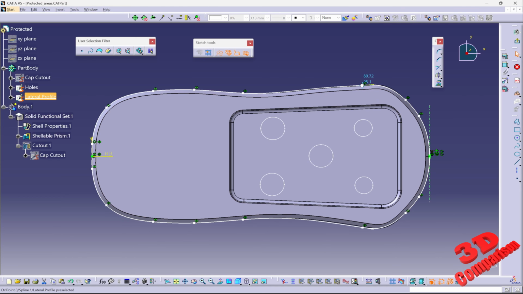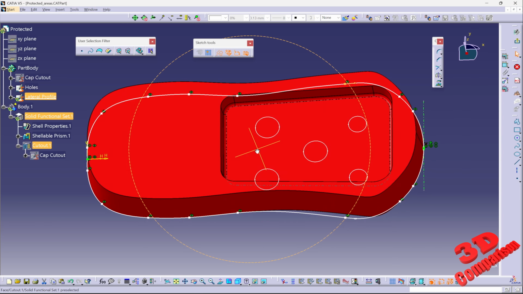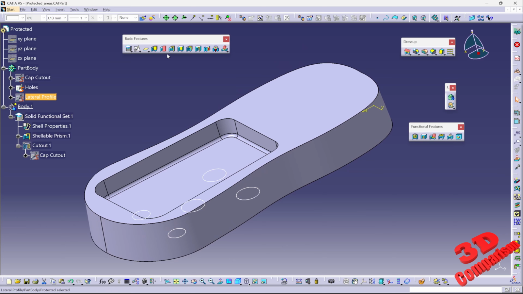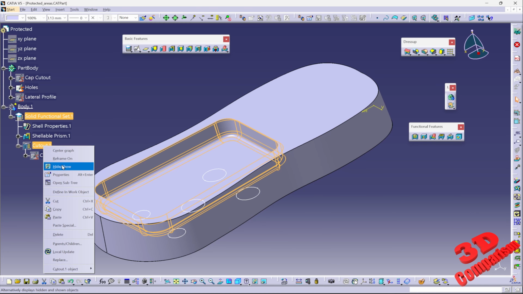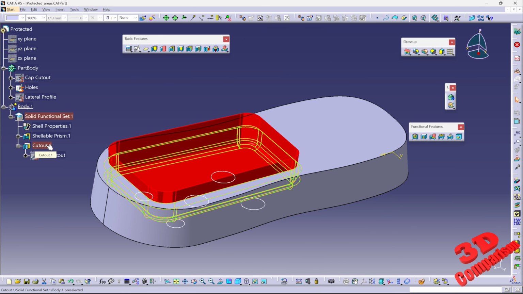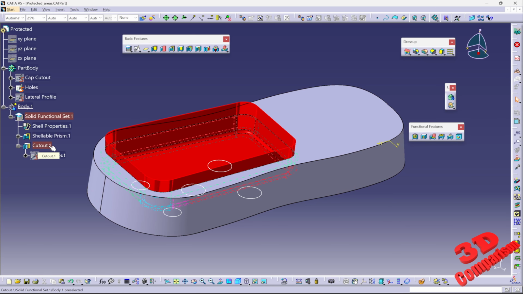And I want to highlight the fact that within CATIA we're going to have some elements that will be turning red. So in this case we see as I modify the shape of the profile over here, this will turn red. This means that this is waiting for an update. But also within CATIA, protected areas will be listed as red. So for example, over here I have a cutout, and the cutout will look as following. Now we can add those colors even to other features, so we can easily change this within graphics. But keep in mind that protected areas within functional modeled part with the default settings will be colored like this